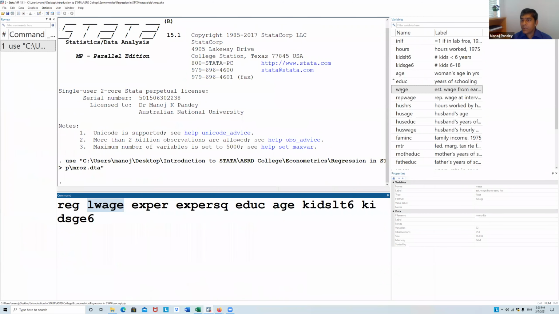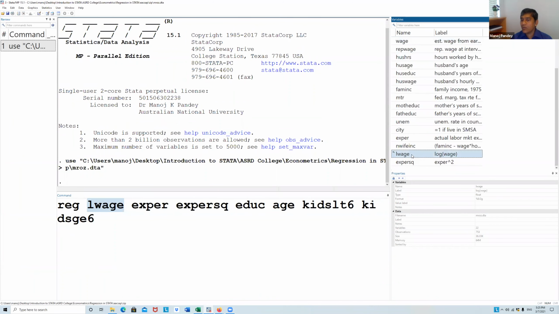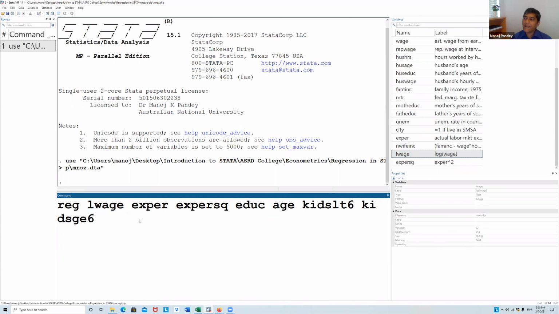There is a wage variable here, but we are using log wage because when you take log, it helps in solving many problems. Like, the difference between, let's say, 10, 100, 1000 is like 90, 900, and so on.